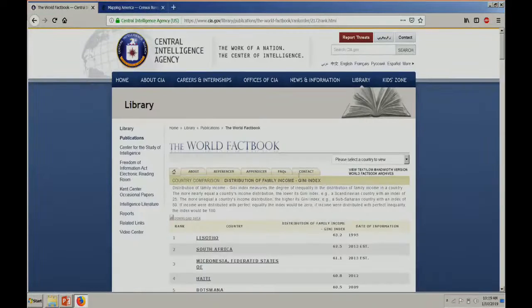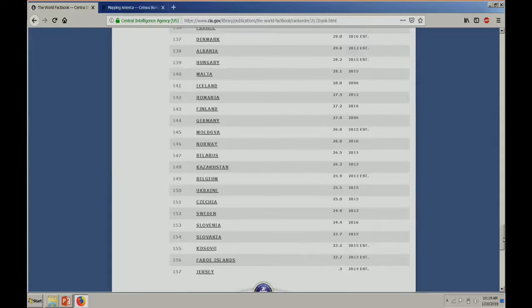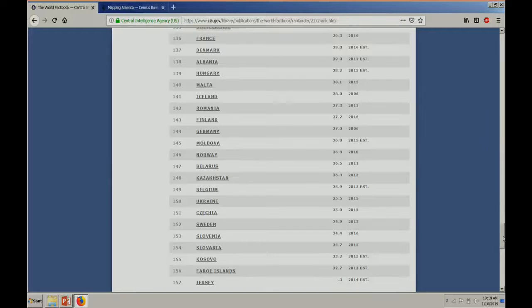So here's the CIA, helpfully giving us the Gini indexes of countries around the world. And so where does the United States rank? This is starting from the least inequality. So here you see places like Norway, Germany, Finland, Iceland, and some of these countries like my homeland, Hungary, look pretty good on inequality because everybody's miserable. So you can have high levels of equality when the whole country's so poor that nobody has anything,